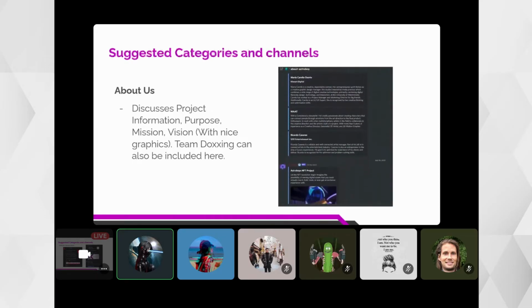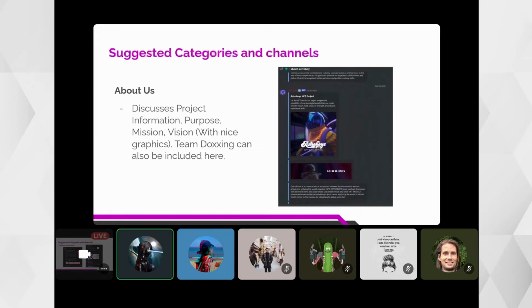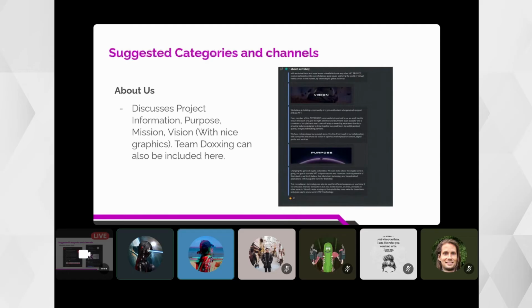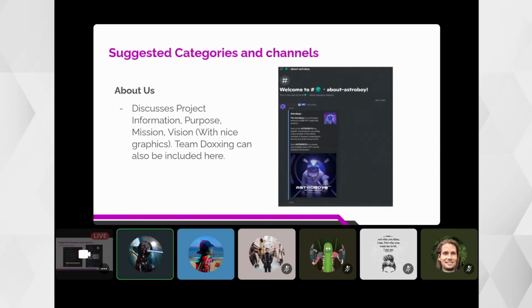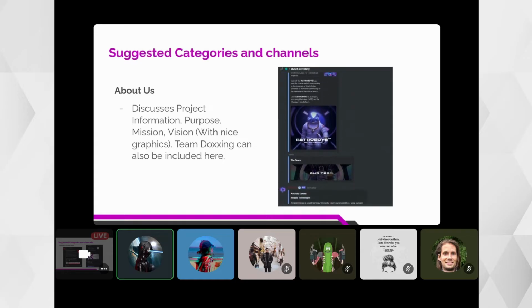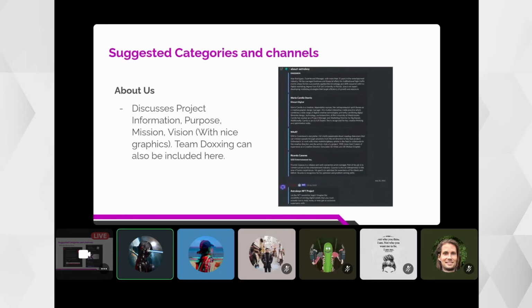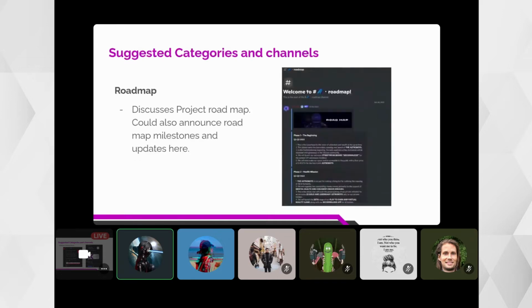They will see what utilities you have, what value they will get if they become part of your project, and the documentation and doxing of the founders, to see if they are really capable of delivering what they are mentioning. So you can always present this in this channel.